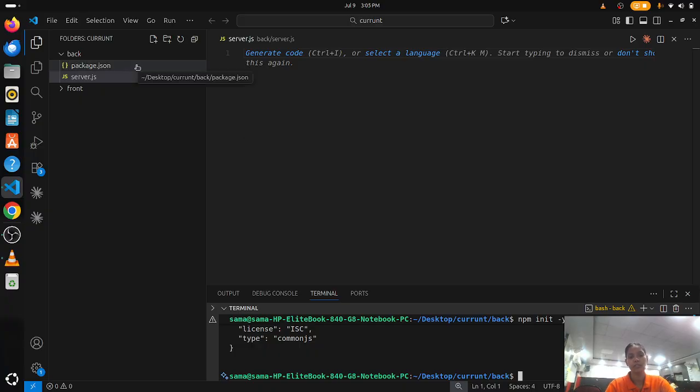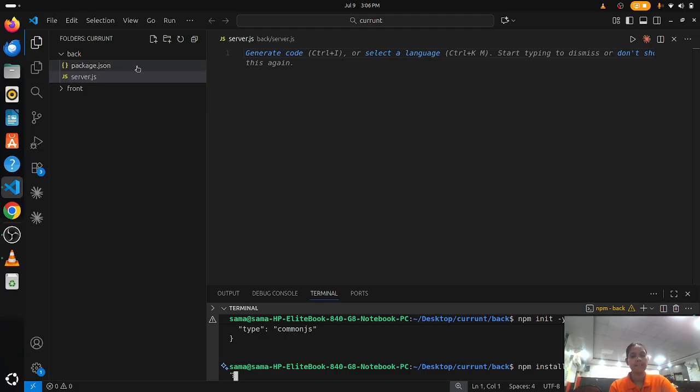You can see the package.json is created, and now we run npm install express, dotenv, axios, and cors. So we are installing all these packages at one time with this.